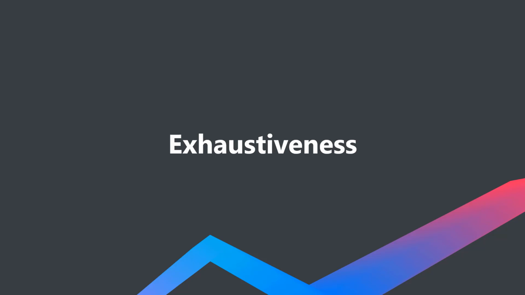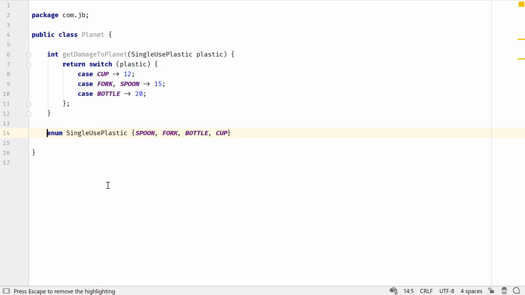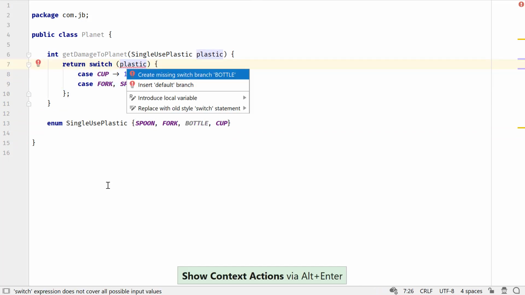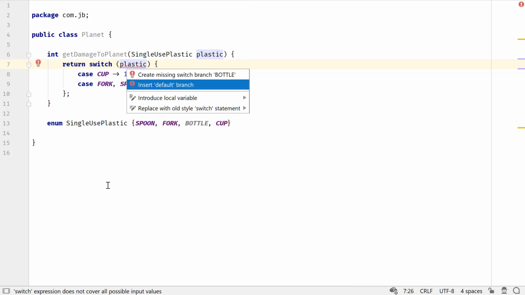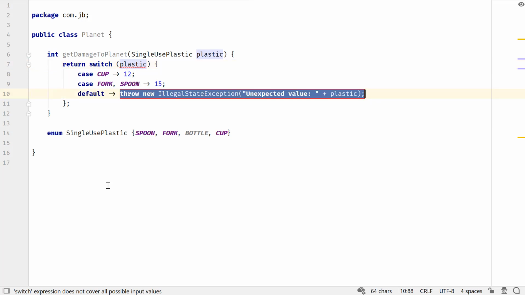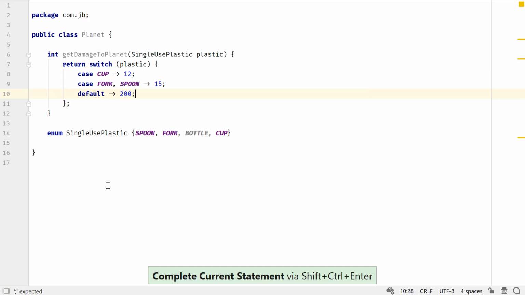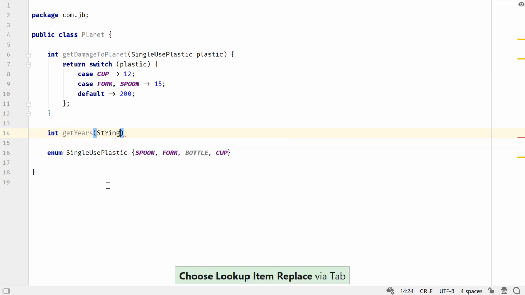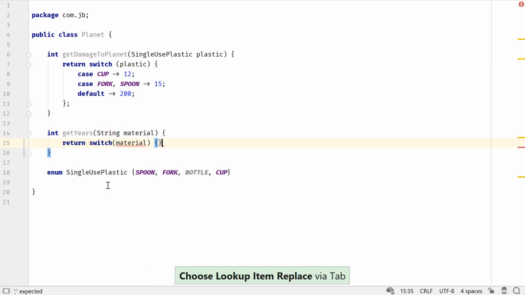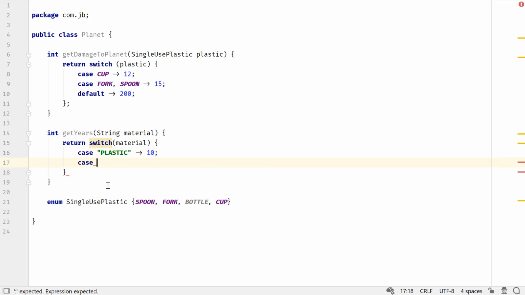Unlike the cases of a switch statement, the cases of a switch expression must be exhaustive when you are using it to return a value, which means for all possible values that are passed to it, there must be a matching label so that a value could be returned. For types like an enum, which have exhaustive values, you can either define a matching label for all enum constants or define a default case. For types like int or string, you must define a default case.